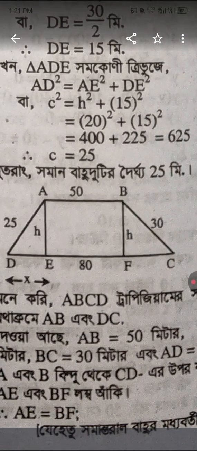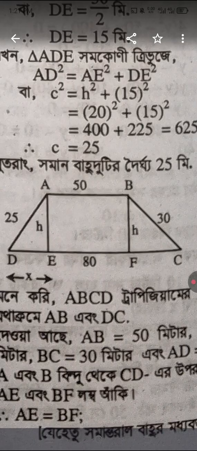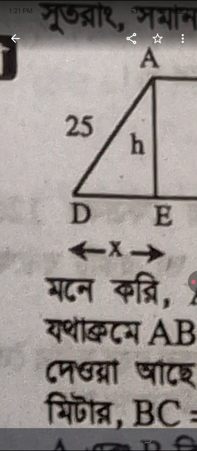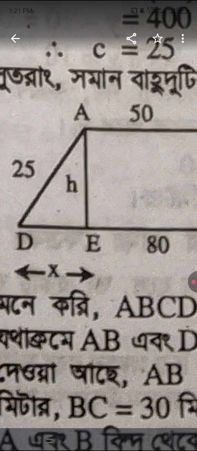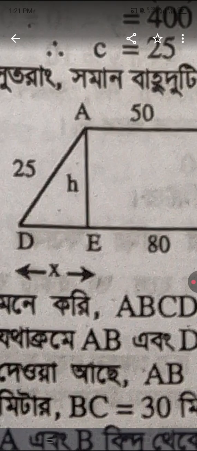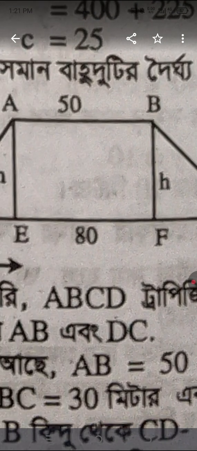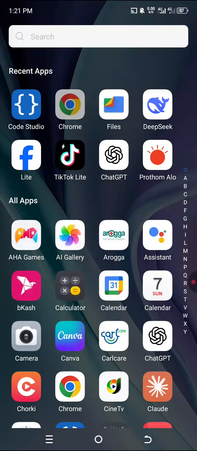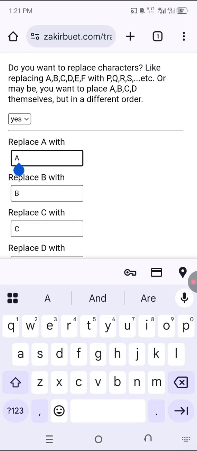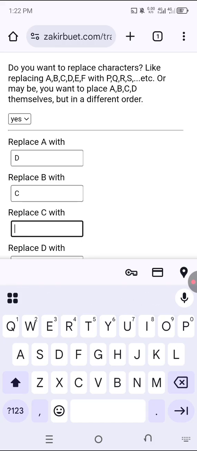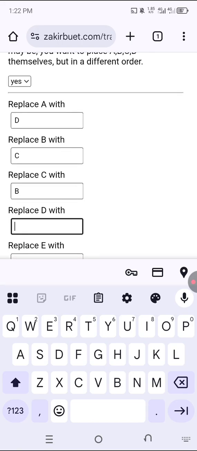The catch is that the order they place the points A, B, C, D is not the same as in our case. As you can see, they place D instead of A and C instead of B. So we will have to replace the points A, B, C, D with A, B, C, D but in a different order. The order would be D, C, B, A. So first of all, let us use the correct order. D, C, B, A,